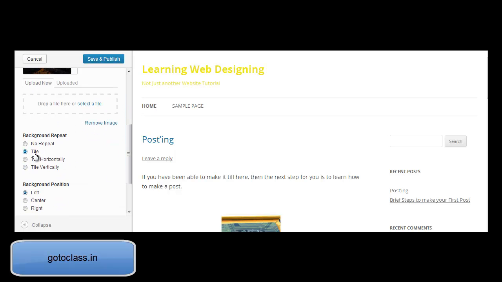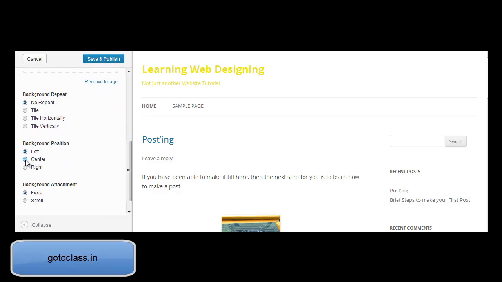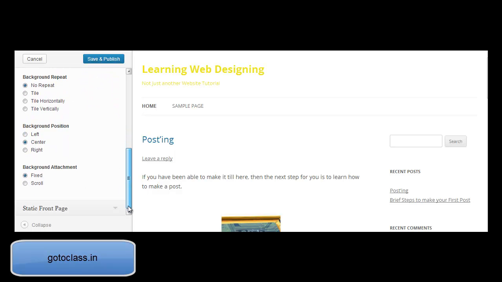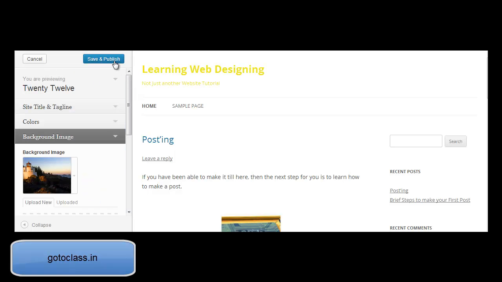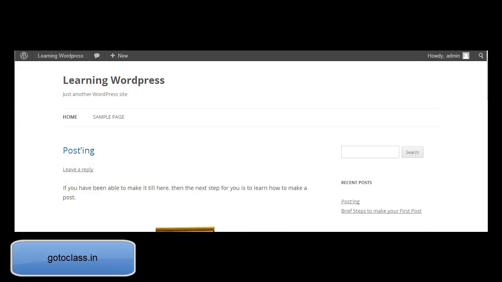Now it says that the background image, is it going to be tiled? That is, it's going to be repeated, or is it just going to be no repeat? So let me just say no repeat, and the background position is going to be in the center, and it's not going to be scrollable, that it's not going to be moving as I move my mouse across it. Now I have made these changes to the various parameters that the theme had allowed me to configure. And now I go and I click on my